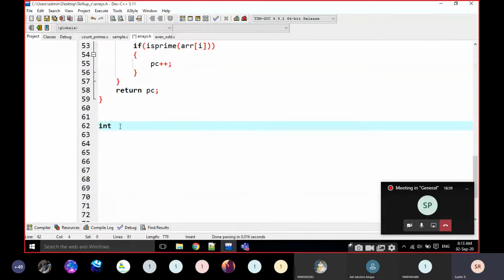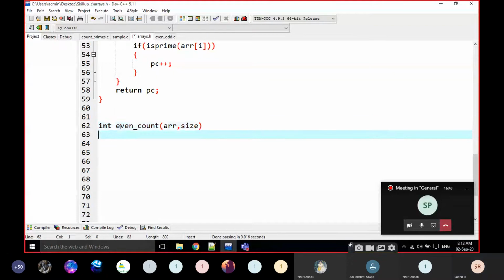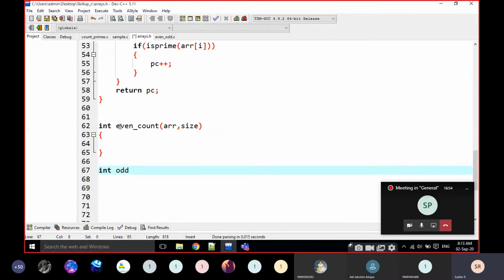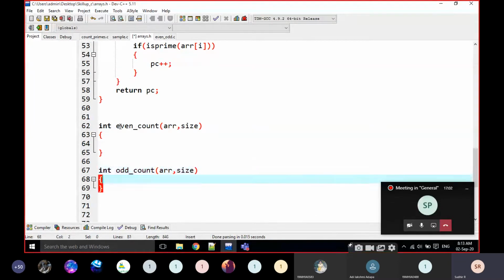It is going to return one single value, even count, ARR comma size, and one more function that also returns an integer, odd count. It has the same signature, ARR comma size.